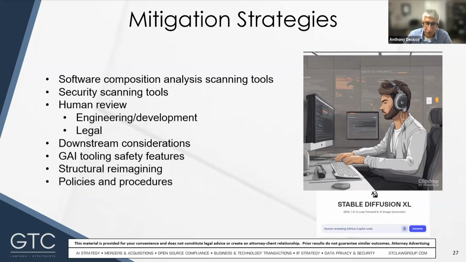There are also some structural things you can do here. I won't go into them in a lot of detail, but we were reimagining these tools. If you could imagine a version of Copilot trained on a corpus for a particular company, maybe it's permissive code or code with consent from the developers or the code that's already in the company's code base, over time. So it's trained on a walled garden type of approach. But overall, it's important to address these issues through these mitigations. So it brings us to our next topic of policies and procedures.